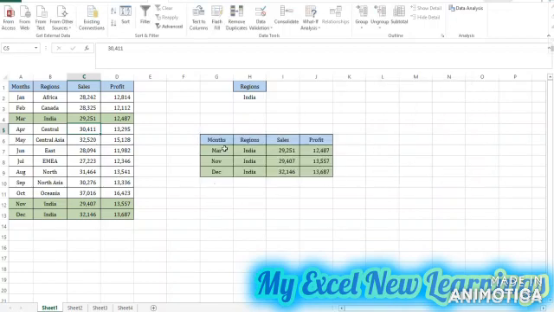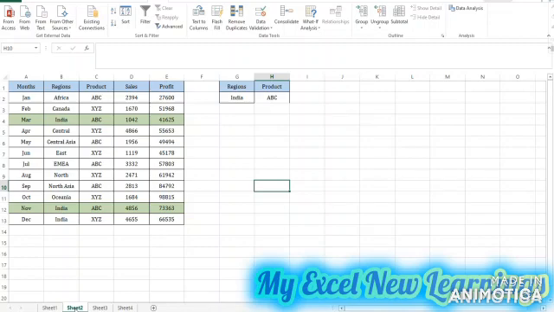So here the advanced filter has given me the records for region India, that is for March, November, December, and the sales. So purposely I have colored it so it is easy to identify that we have 3 records for the region India, and this is the sales and this is the profit. So this is the first method for single criteria. Now we will move on to the multiple criteria.